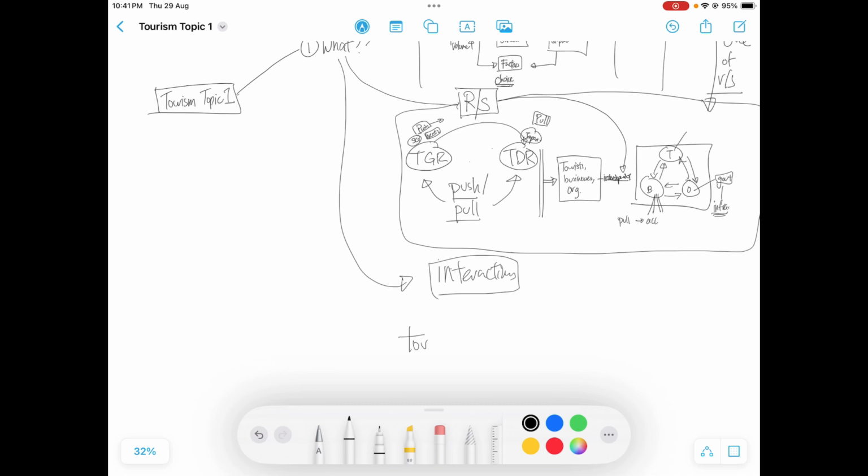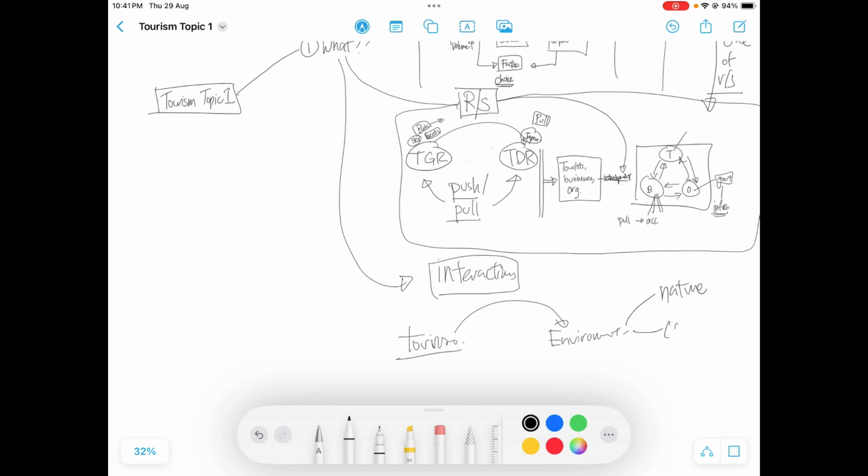Between tourism and environment. Okay, so one of the relationships is that tourism does interact with the environment. Okay, and the environment consists of nature,